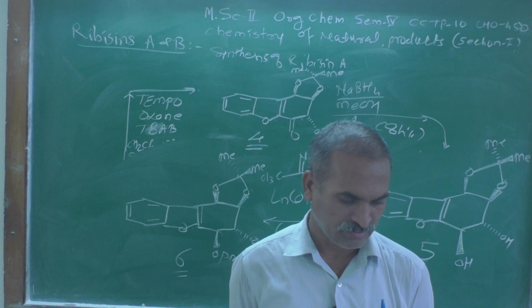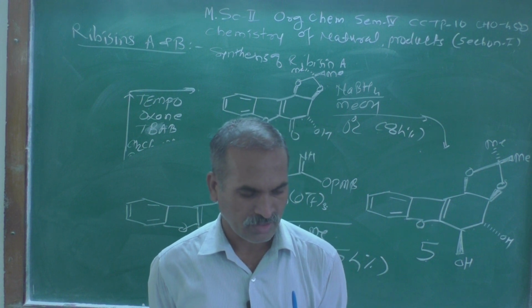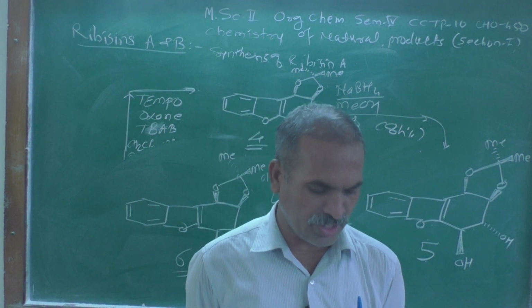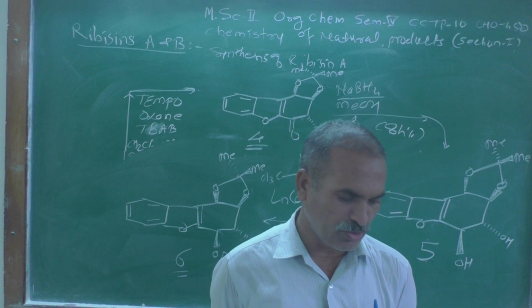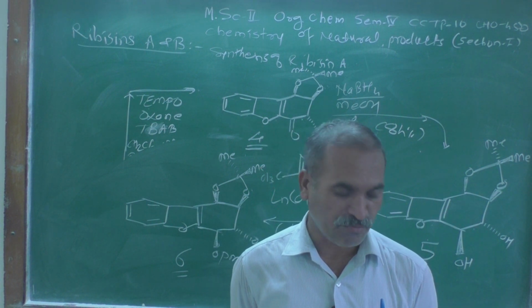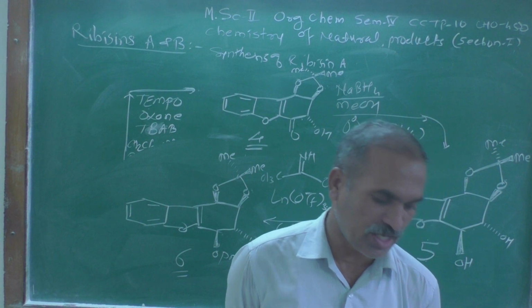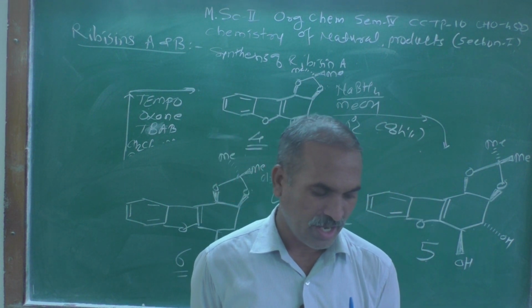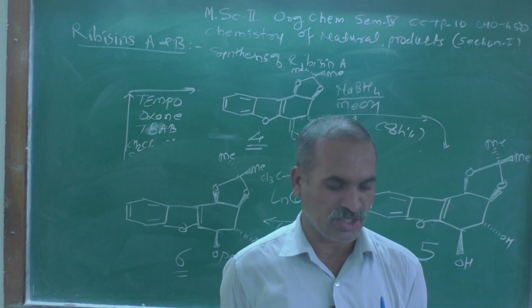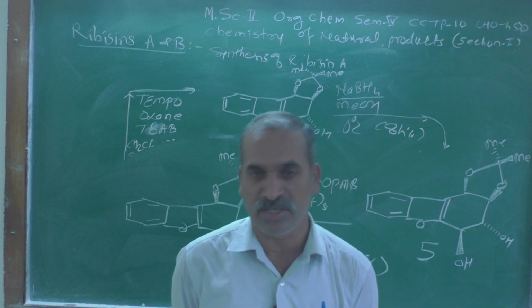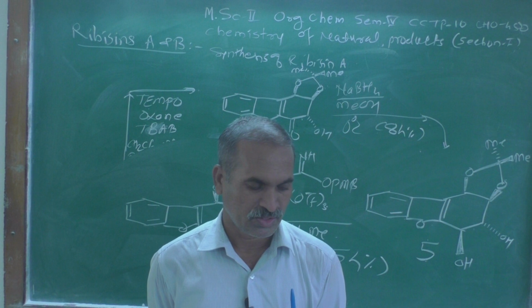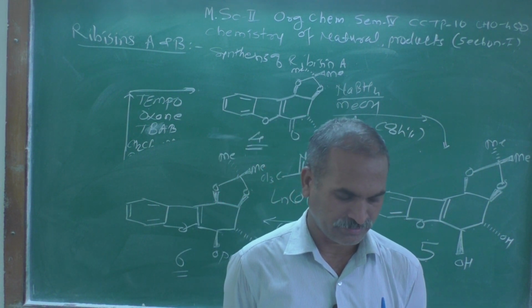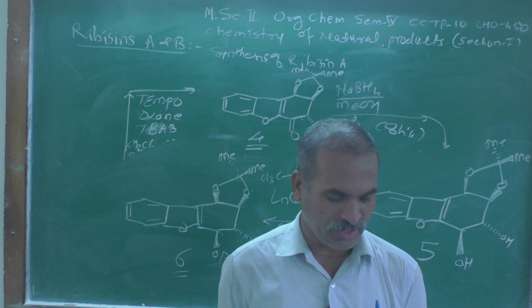Here the TBAB, that is a tetrabutyl ammonium bromide, widely used as a phase transfer catalyst. It behaves like an ionic liquid, which is a promising green alternative to organic solvent in organic synthesis, and suitably